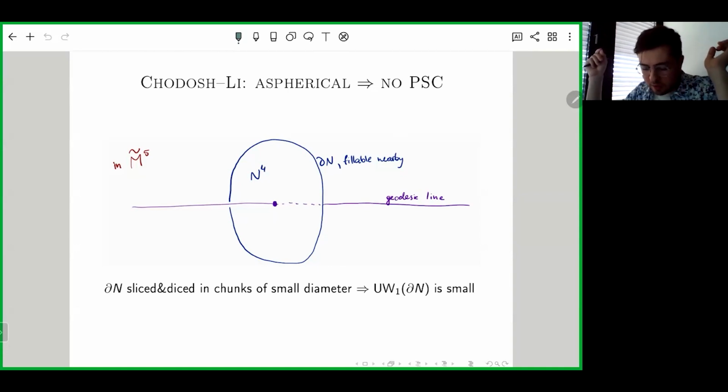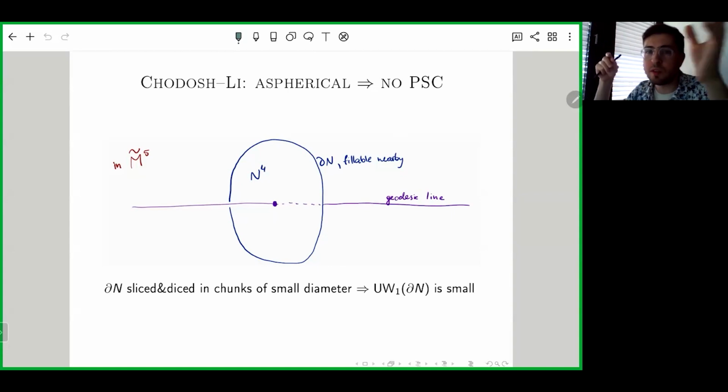Then this is what this blue disk in the middle is supposed to represent. That's a four-dimensional minimal hypersurface. Then you step away far inside this hypersurface. You step away far from the only intersection point to go far. You consider a certain bubble or whatever inside this surface. It has a certain boundary